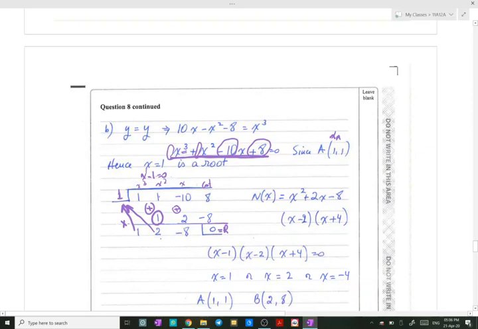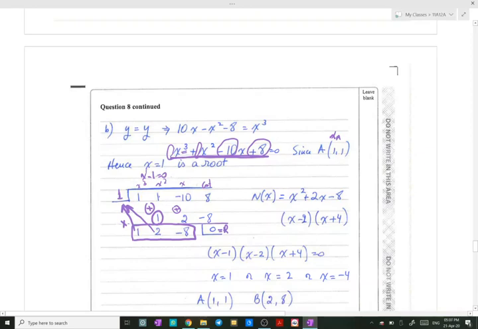Therefore we have to write the outcome. This is the outcome that we found, or that we calculated after dividing by x equals 1. So we start